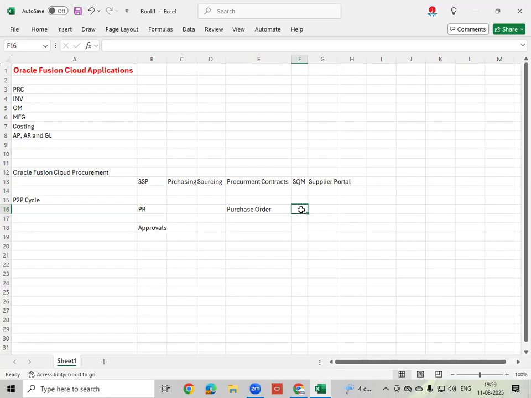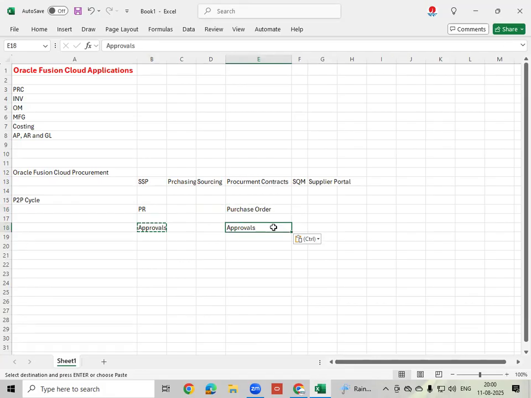So the buyer will prepare the purchase order with the details entered here. With the same details, he will fill the purchase order document. Maybe additionally some more information. Here supplier details are not mandatory. Here supplier details are mandatory. Likewise, some details he will add additionally. And here also we will maintain approvals. Yes, for the purchase order